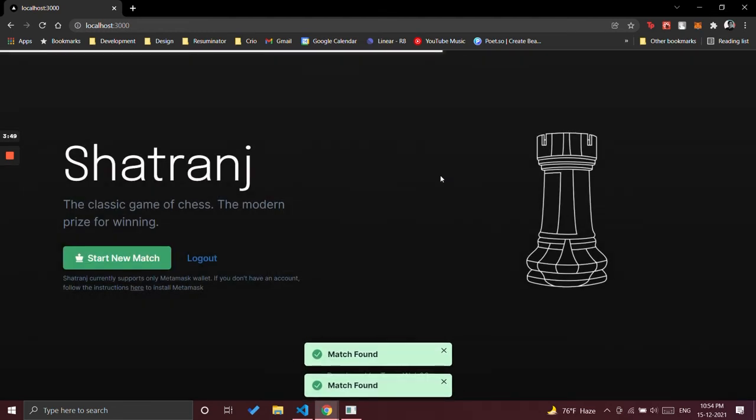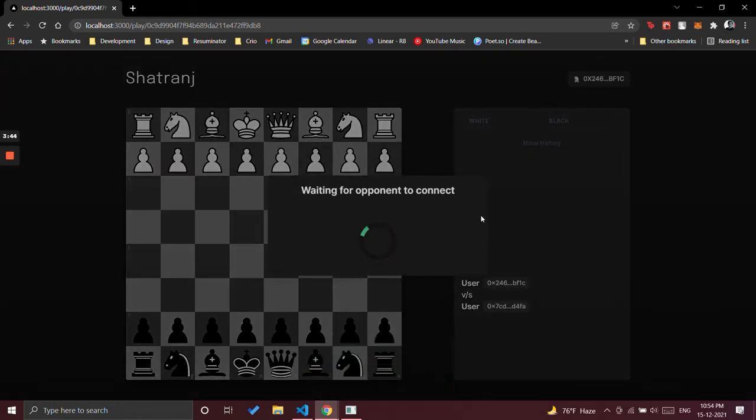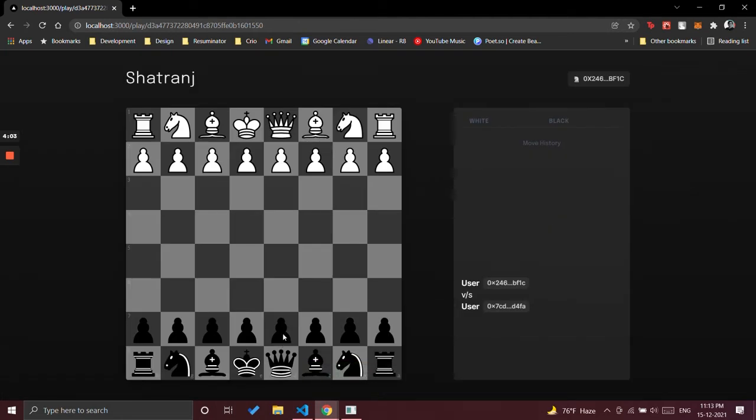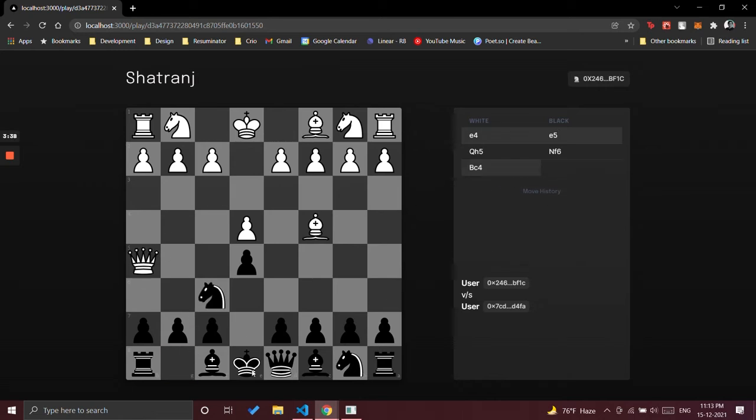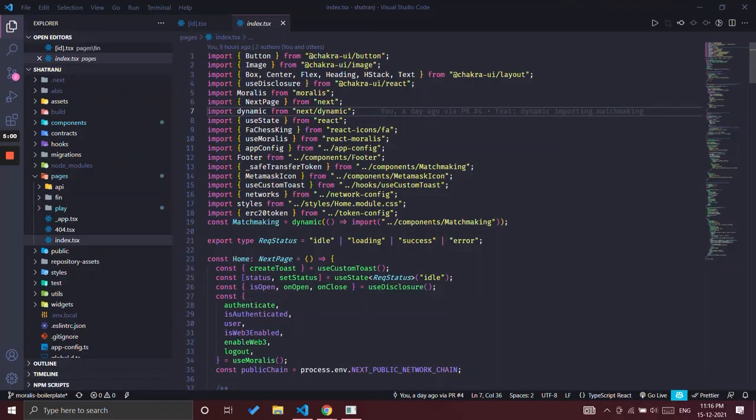Once the match is found, it will automatically take the player to the play page. And if the match has ended, it will land on the match has ended page, and the Ashar fees have been transferred to the winner.